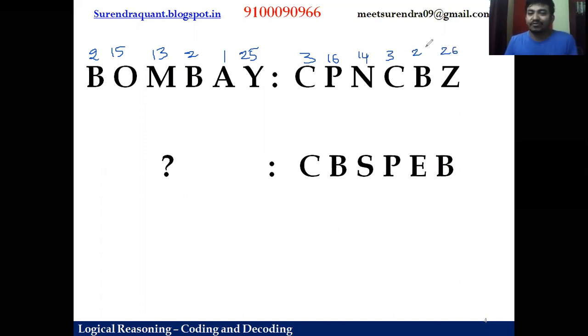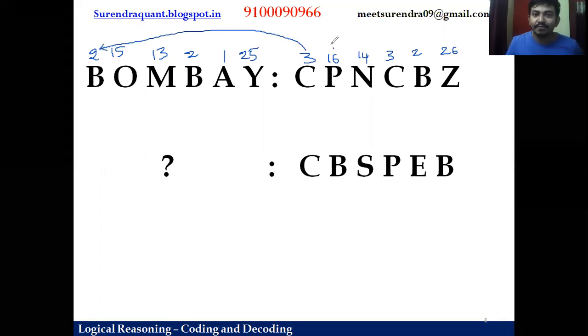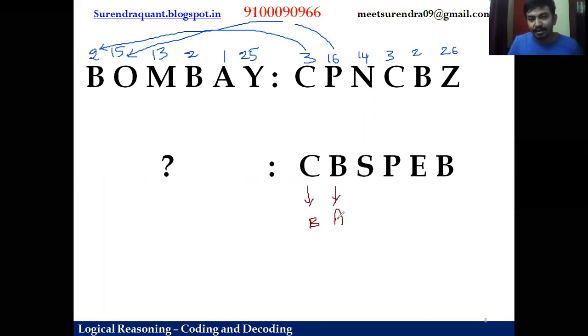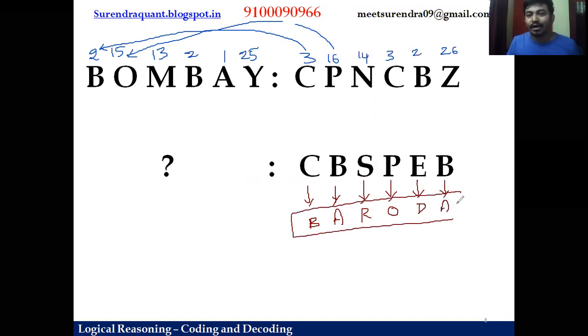This is the second question, and I have taken a very basic example. From this side to this side, it is -1. Everything is -1, just the letter before. So do the same thing here, guys. If I take -1: this is B, then A, the letter before S, the letter before P is O, the letter before E is D, and the letter before B is A. The answer is Baroda. I have taken meaningful words. In the reverse order, it is a little difficult. Okay, let's move on to the next question.